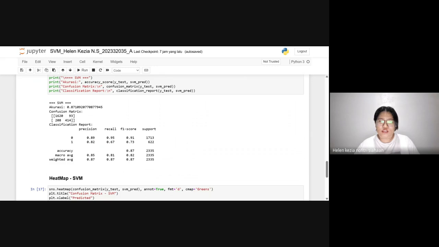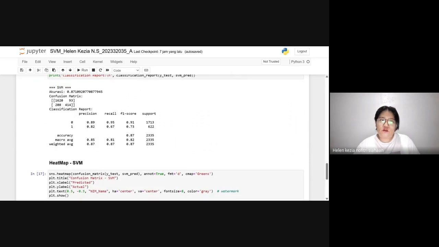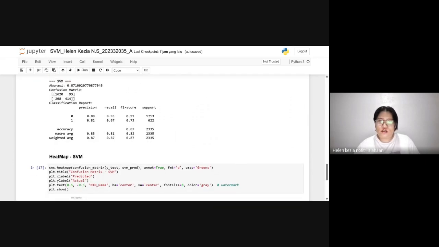Then the classification report shows precision, recall, F1 score, and support. And the accuracy, macro average, and weighted average are around 0.80, 0.85, 0.81, 0.82, and others.